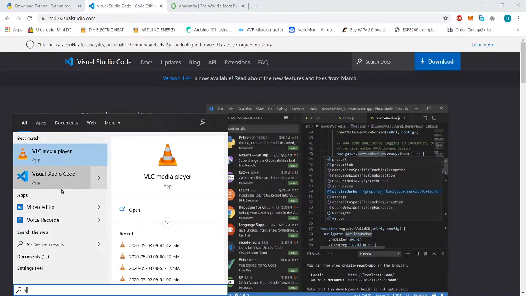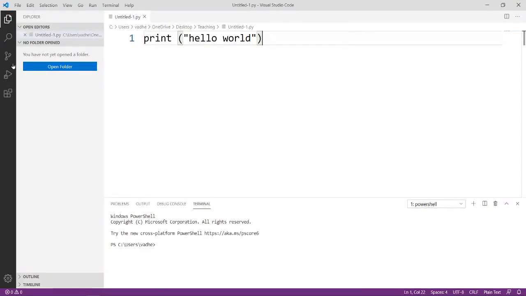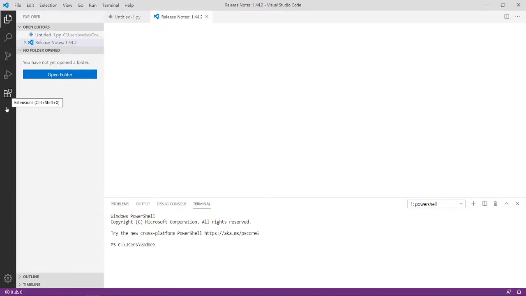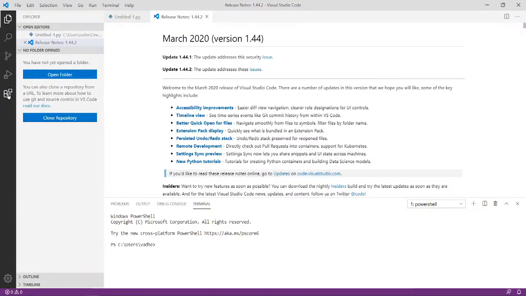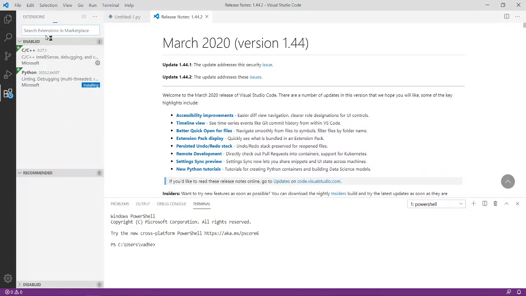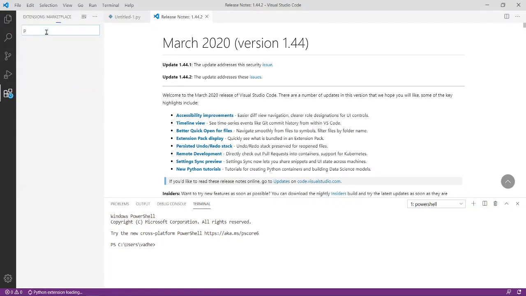Once the installation is done, open the IDE. In the IDE you will get an icon for extensions. Go to extensions, and in the search bar you are supposed to type Python.